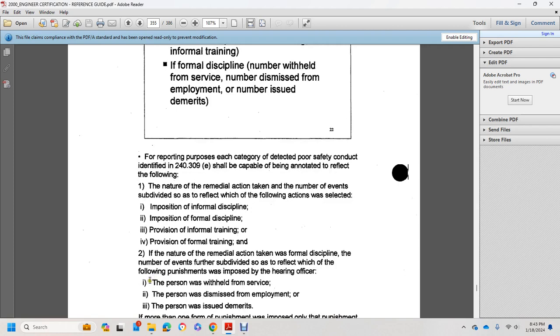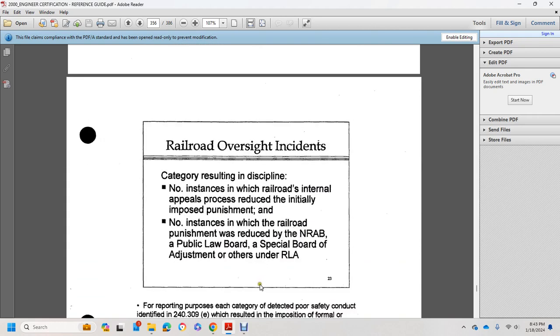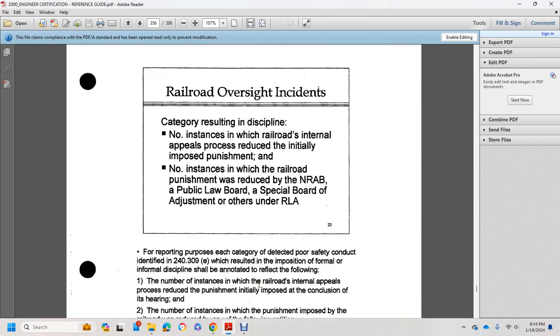One, the person was withheld from service. Two, the person was dismissed from employment. Three, the person was issued demerits. If more than one punishment was imposed, the punishment with the most severe effect will be shown. For reporting purposes, each category of poor safety conduct identified in 240.309 resulting in the imposition of formal and informal discipline